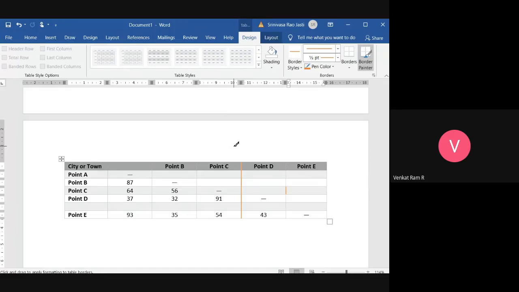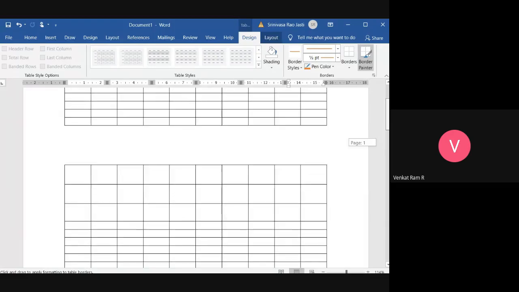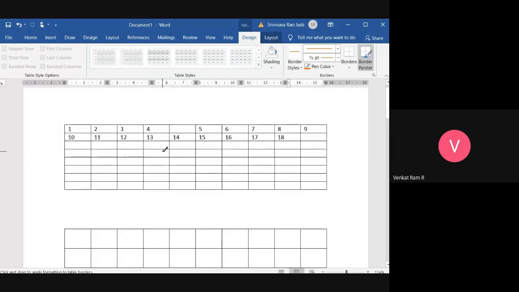So in your table, what is your row and what is your column? See here, 1, 2, 3, 4, 5, 6, 7, 8. These are called columns. Vertical representation is called columns. Horizontal representation is called rows.